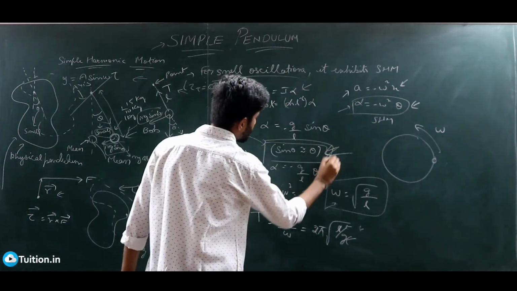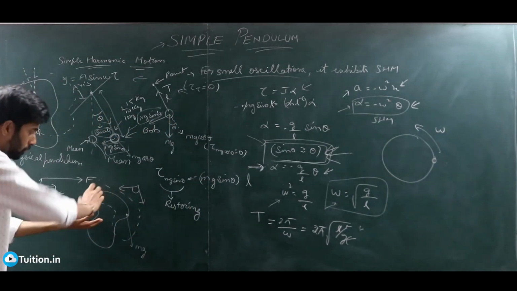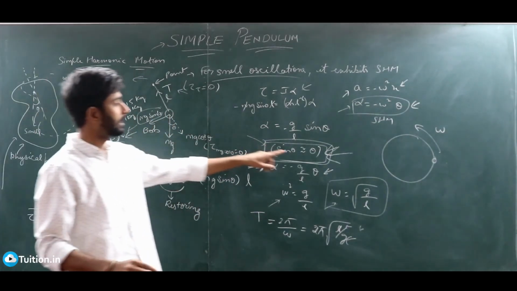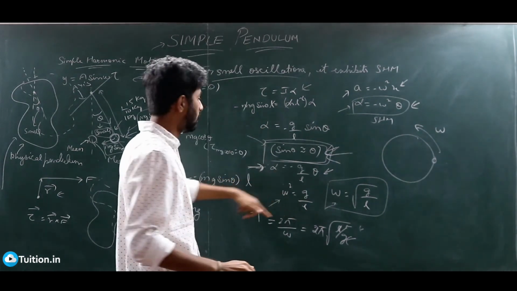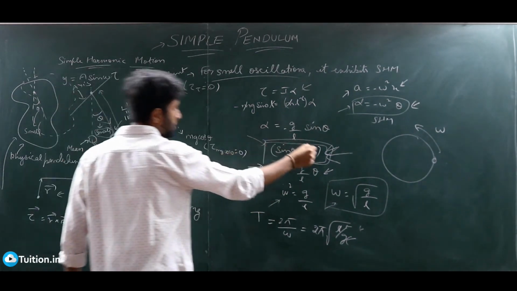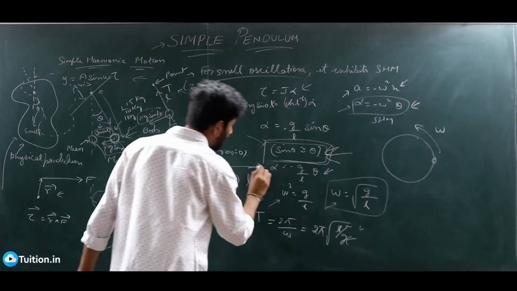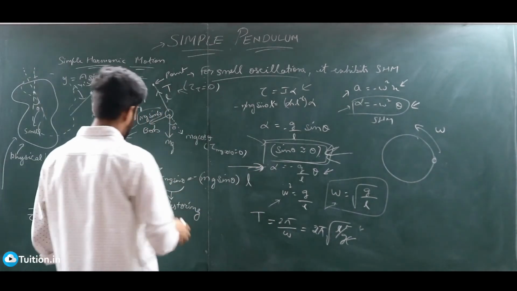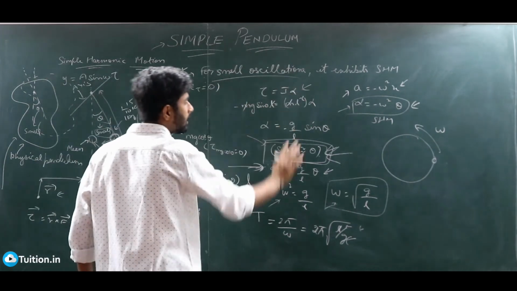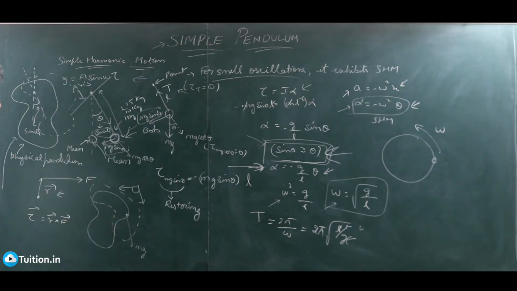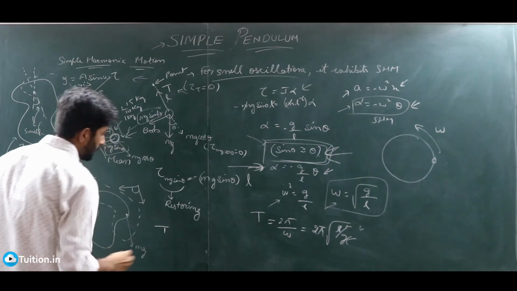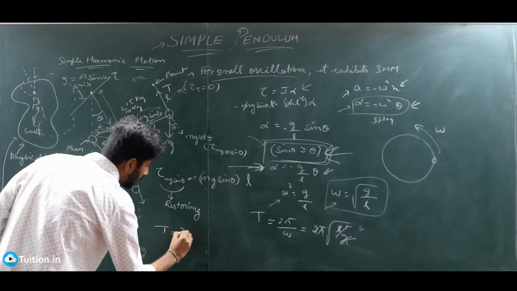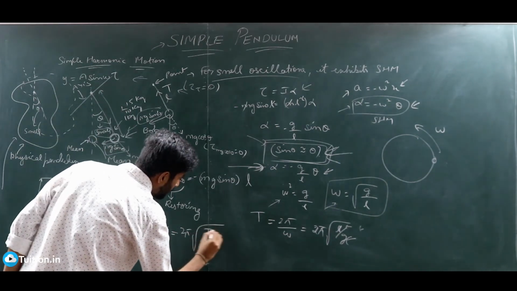Using this approximation. Once again, even here, if you rotate it by a bigger angle, then sine theta will not be approximately equal to theta. And if it's not equal to theta, then I won't get this expression, and then I can't call it an SHM, right? So you take a very, very similar approach, and I'll just write the formula for the time period of a physical pendulum. It's 2 pi under root I by mgd,